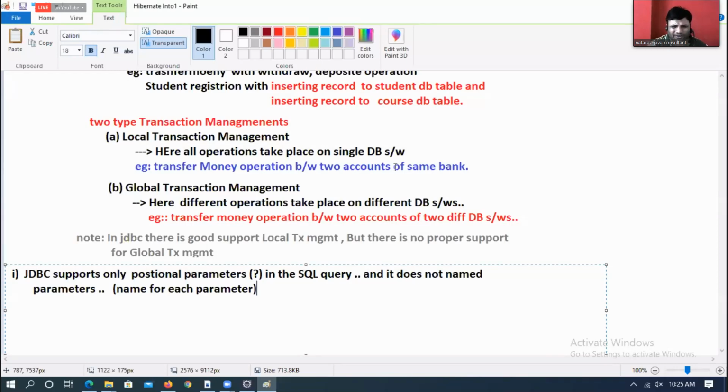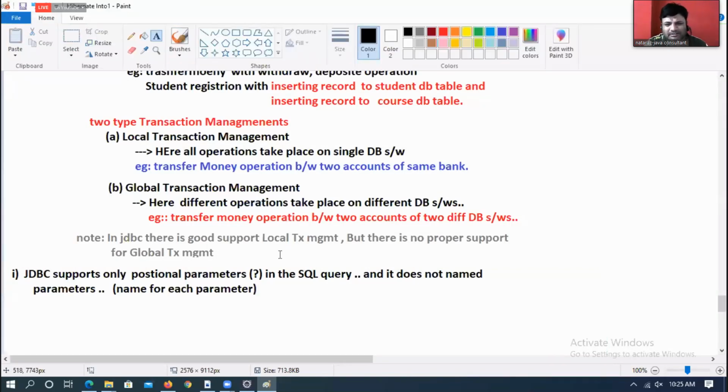Fine. What is the problem with the question mark symbols? Commit and rollback are what? Transaction management only. I am not saying JDBC does not support global transaction.